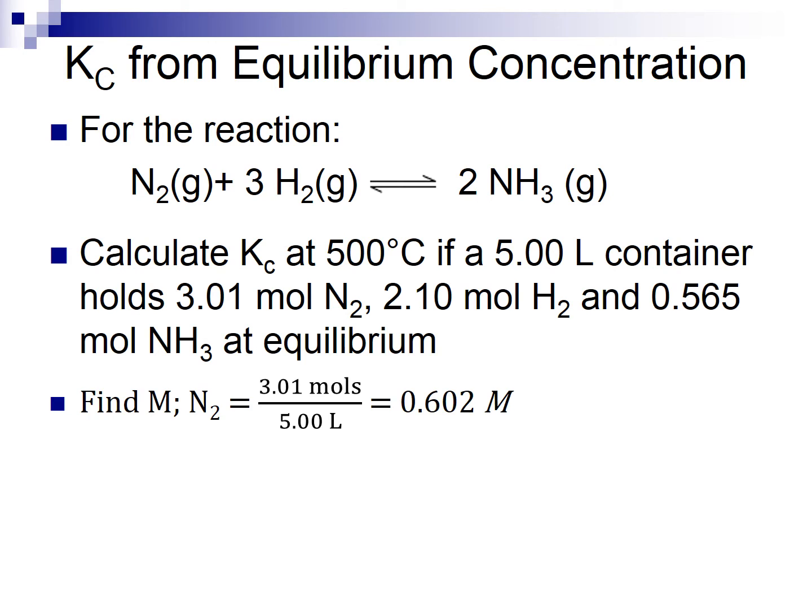Our first step is to convert each of these numbers of moles into a molarity by dividing by the volume. So the molarity of the N2 becomes 0.602, the molarity of the H2, 0.420, and the molarity of